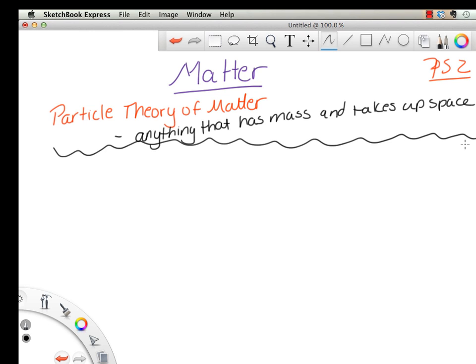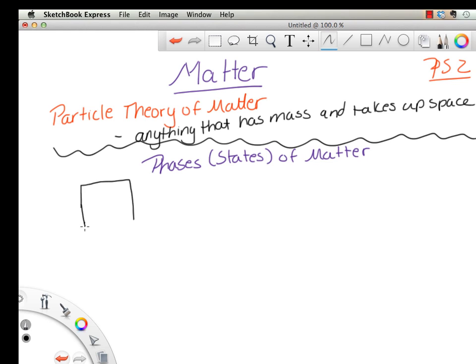So the next thing we do is we break it into components and we talk about the phases or the states of matter. And actually there are 4 states of matter. They're solid, liquid, gas, and plasma. We're going to call these phases or states of matter. And we're going to try and do a pictorial representation of each. So this right here